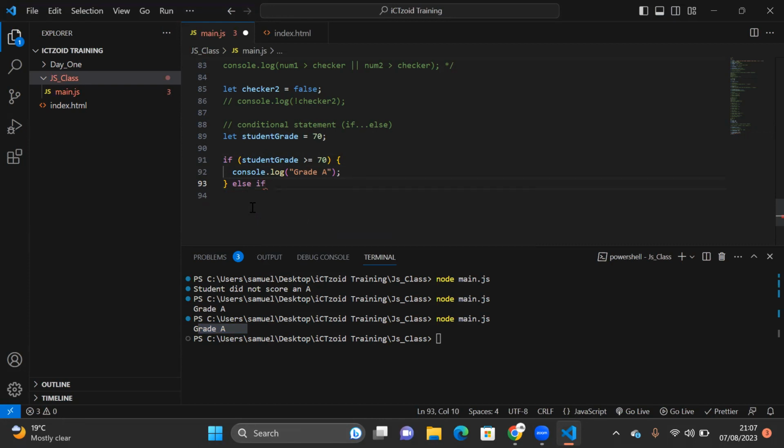Okay, thank you. Back. So now you can actually extend this if, because okay, what if I want to check for B, for C, and the likes? So we can have else if, right? So here now, if the student grade is now